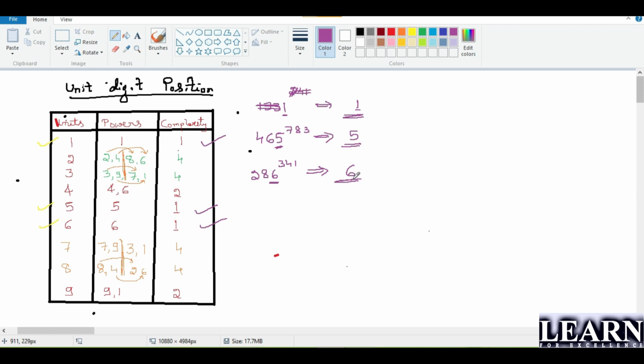Okay, thank you. Now we are done with the numbers which have a cyclicity of 1. Is it clear with this? Now we'll continue with the next one, that is, numbers with a cyclicity of 2. Now I'll start with 4 and 9. So if I'm talking about a number ending with 4, okay. So guys, just let me know any numbers ending with 4.